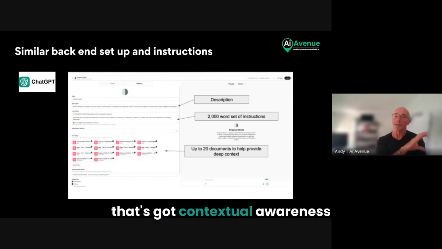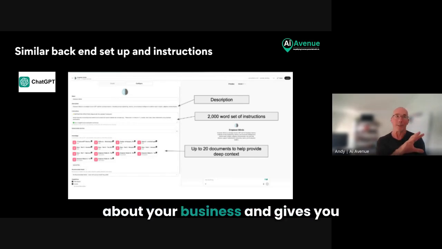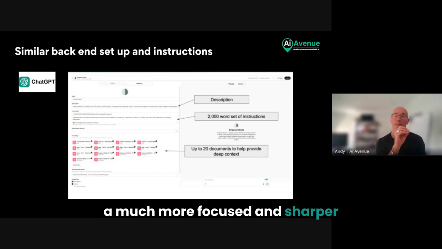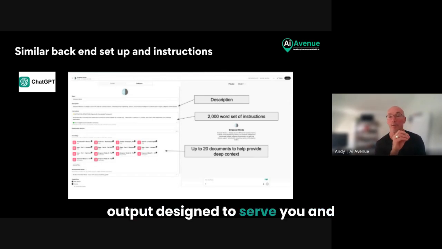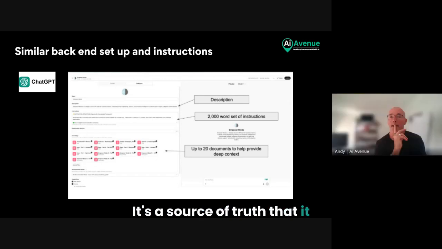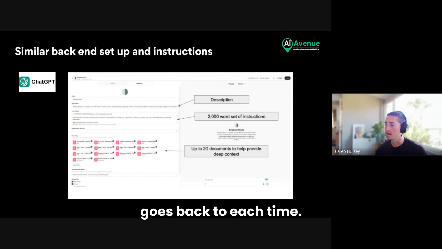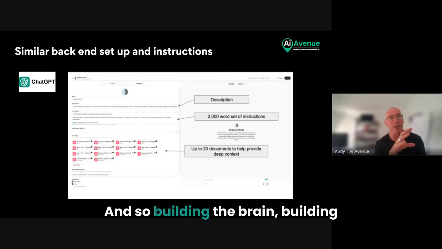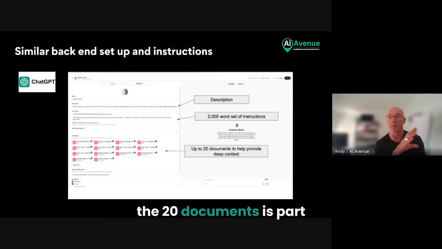GPT that's got contextual awareness about your business and gives you a much more focused and sharper output designed to serve you and the business that you're in. Right. It's a source of truth that it goes back to each time. Yes, that's right. And so building the brain, building the 20 documents is part of what we do in